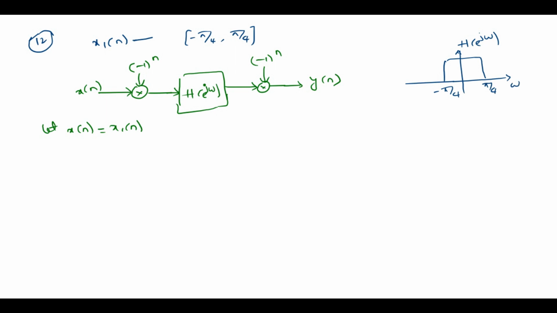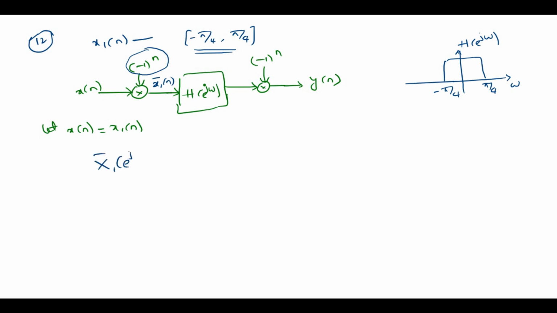Okay, now the x1 of n, the first sequence, is also band limited to minus pi by 4 to plus pi by 4, but when it is multiplied with minus 1 whole power n, the function here I am representing as x1 dash of n in the frequency domain,